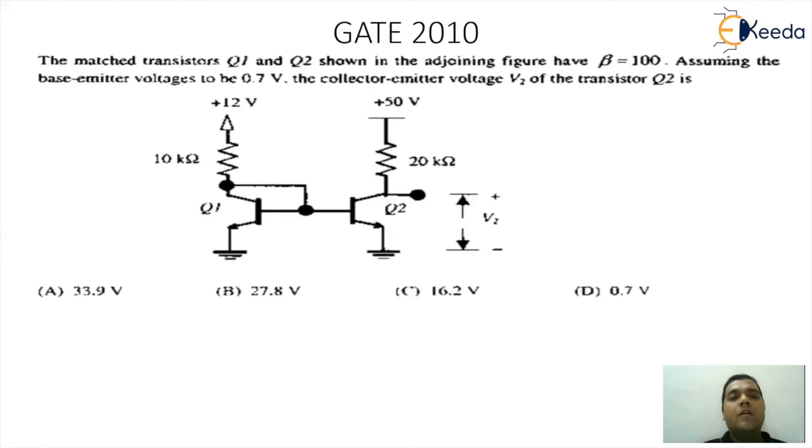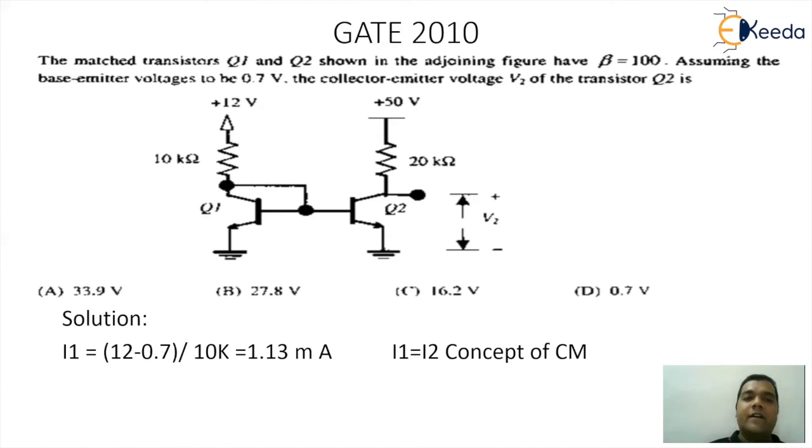So now, if you observe, there are two transistors Q1 and Q2. Both base potentials are the same, and both emitter potentials are also the same. So when I try to relate the first section with the second section, the circuit is similar to a current mirror. So I can start with the solution.